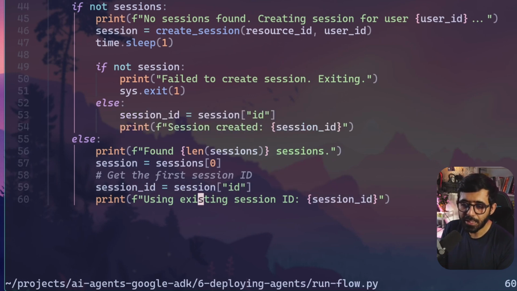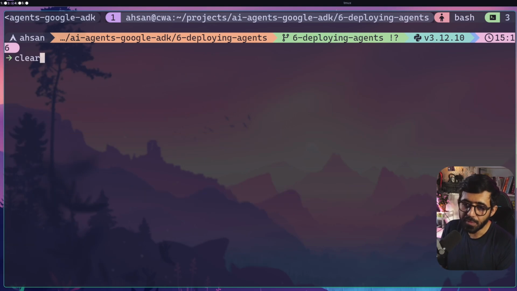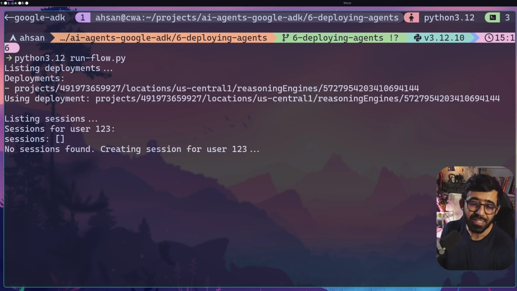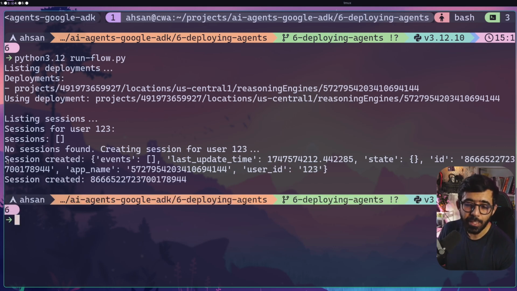Now that we have this, let's quickly save the files, and then we're going to try to run this, because this time we should be able to create a new session. So now you can see that we are trying to list the deployments as before. We're trying to list sessions. There was no session, and now it's creating a session for us. Now you can see that it created a session for us that has this particular user ID, which is hard-coded,